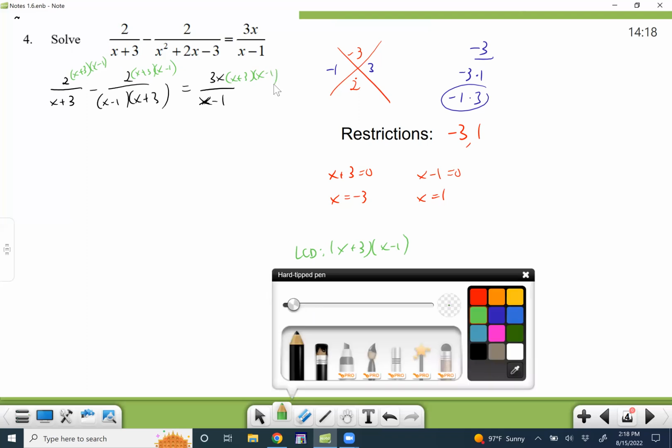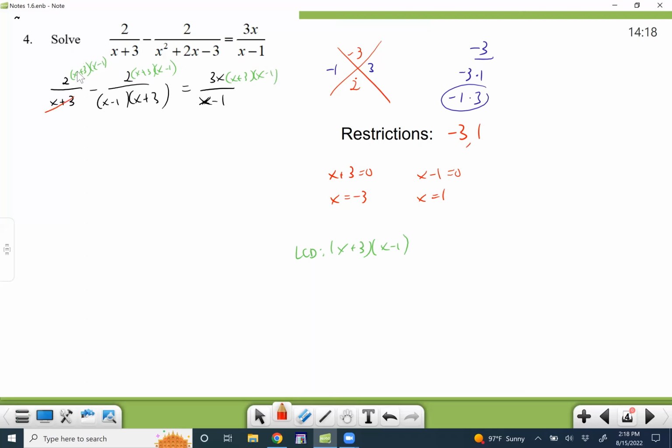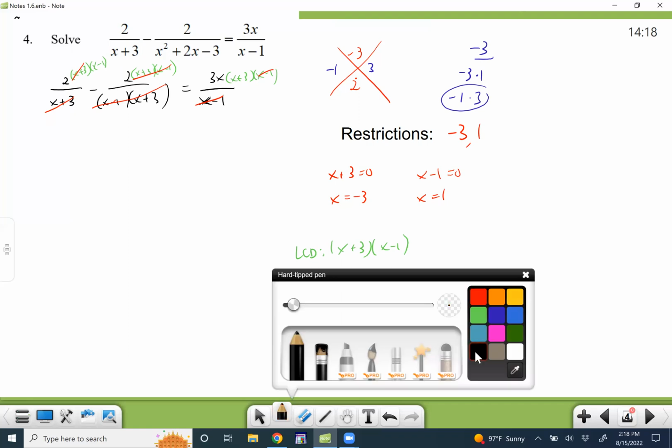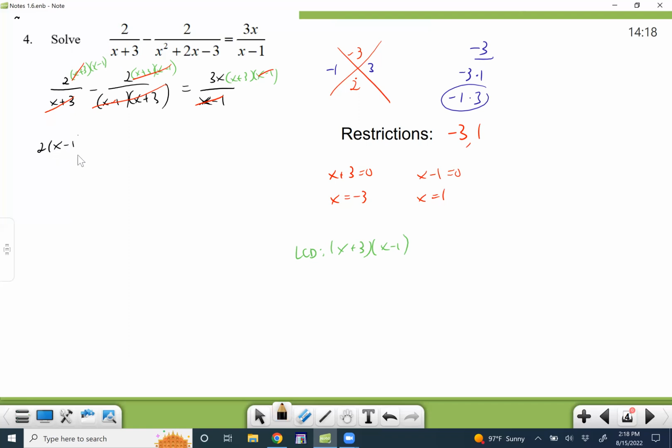I'm just going to start canceling stuff. Remember, these denominators better go away or you picked the wrong LCD. Oh, that feels good right there. Okay. All right. So then what's left is 2 times an x minus 1, a -2, and then a 3x